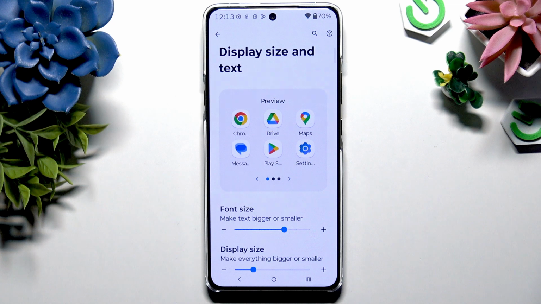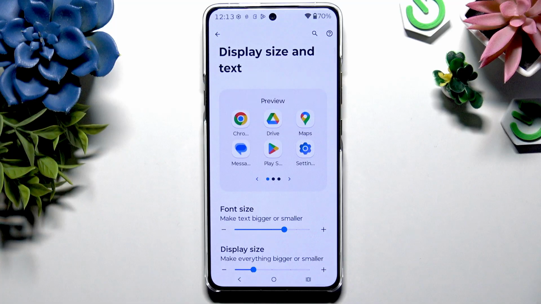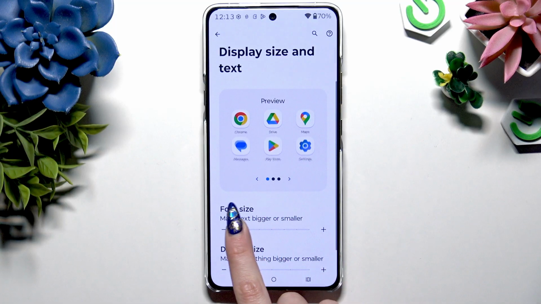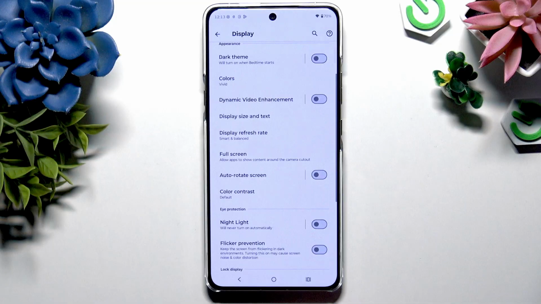Now operate this slider under font size to adjust it and check out Preview at the top. Your changes will be automatically applied, so when I go back, as you can see, the size of my font has